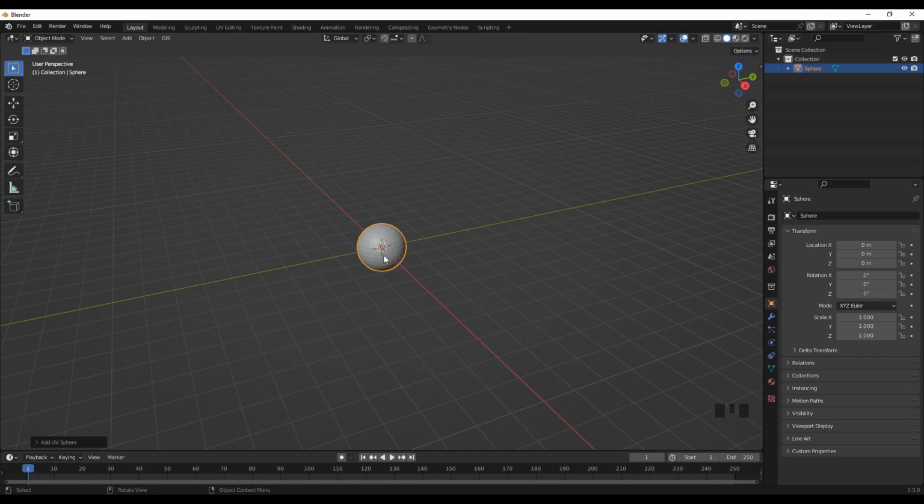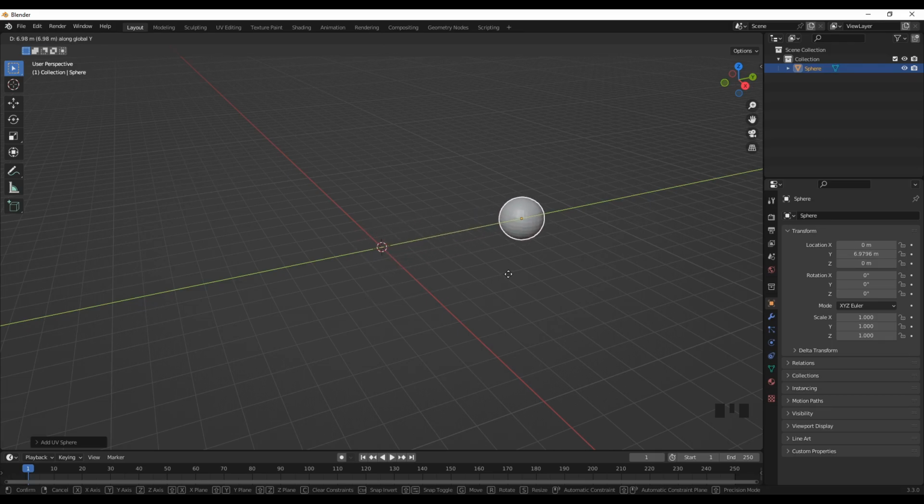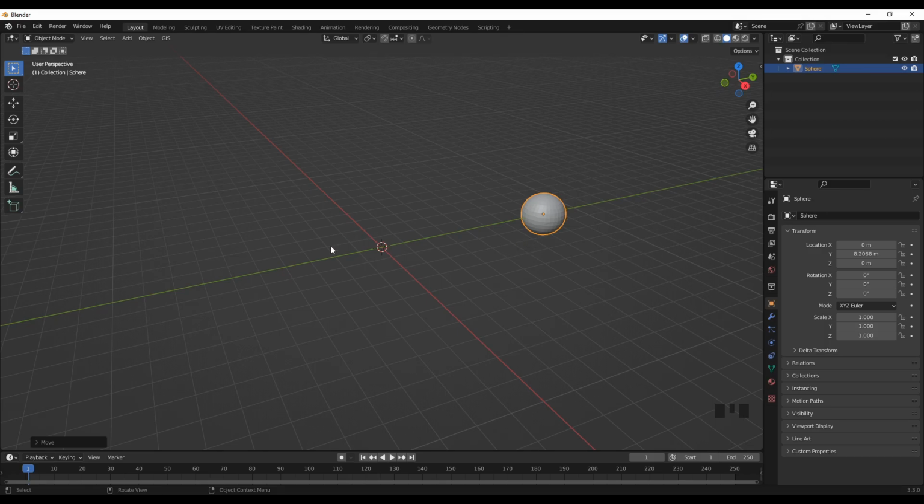The center point for today, we will use the 3D cursor as a center point. So let's move the object to the side, press G, then Y. Let's move it to this side. Okay, so now we're in object mode. Let's go to the edit mode using Tab,